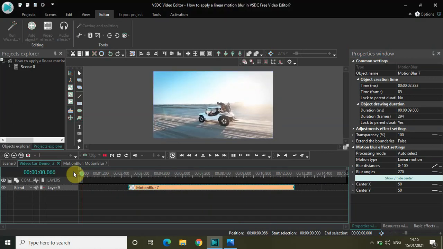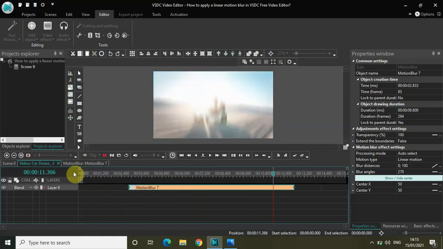So this is the original video and this is the linear motion blur, but the blur distance is increasing gradually from 0 to 100 because I've changed this from constant parameter value to linear parameter change, and I've set the values 0 and 100 inside the blur distance option.